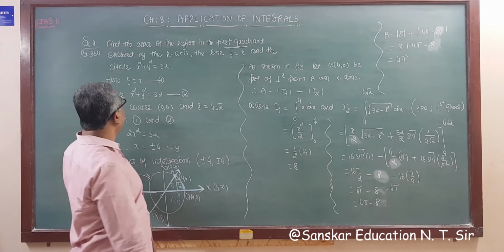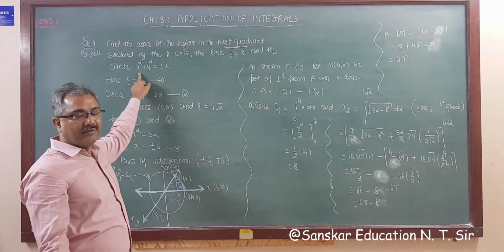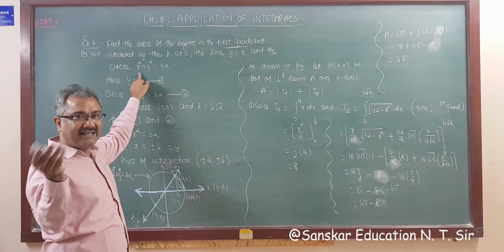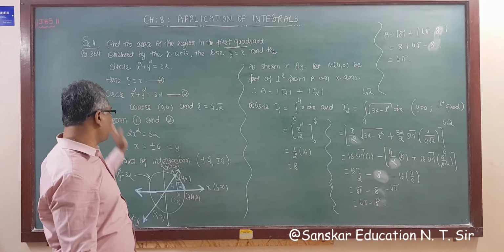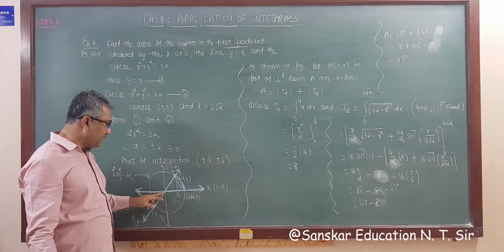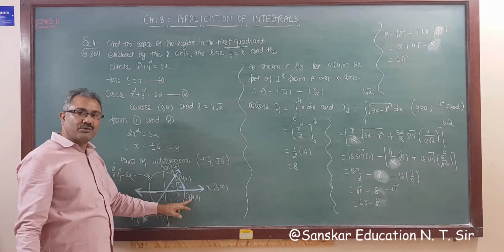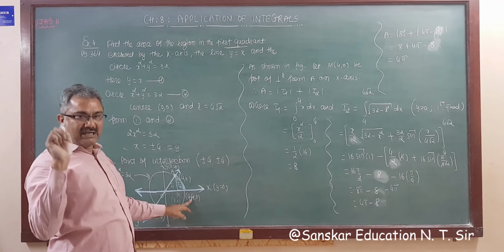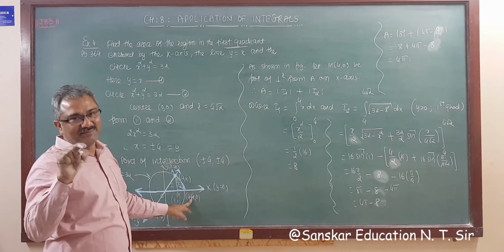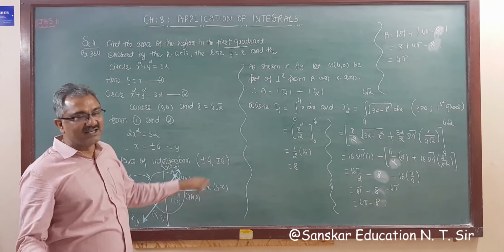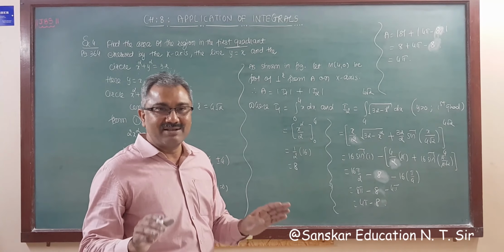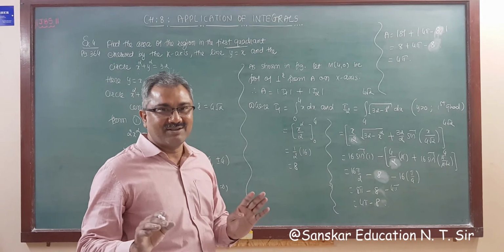So remember this thing: while you are given two curves, that is one curve and one straight line, you have to solve the question using I1 and I2, right? We never apply the limit from 0 to 4 root 2. If you want to apply that limit, then that method is not included in your syllabus. You have to subtract both curves, right?